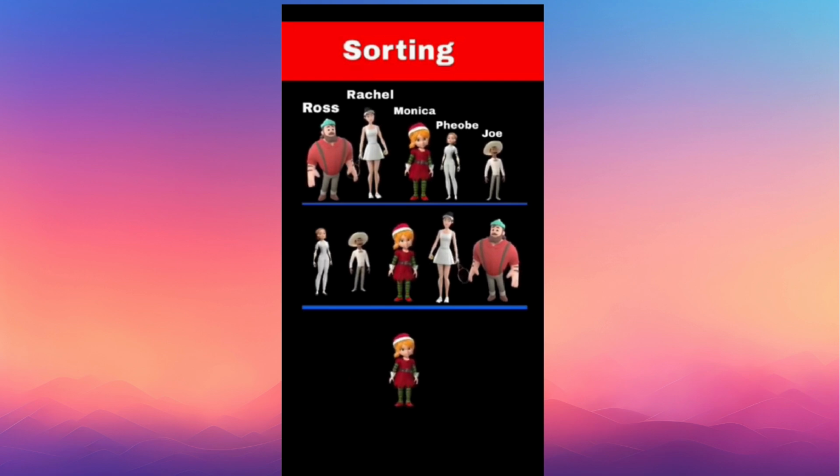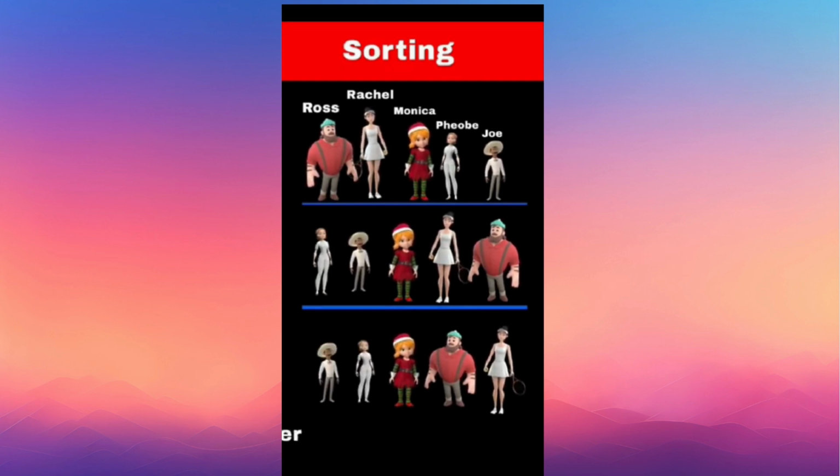Again, the students on the right side will select one person and sort themselves according to it. And the same thing will happen on the left side. So the person or element which is selected for sorting is called the pivot, and we are partitioning our array according to that pivot element. This means we are dividing the array and then sorting it, so we are using the divide and conquer strategy. This type of sorting algorithm is called quicksort, and 99% of the time the time complexity of quicksort is n log